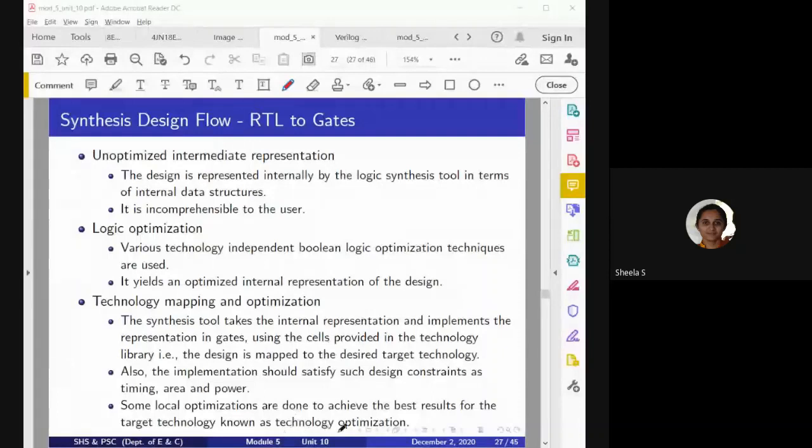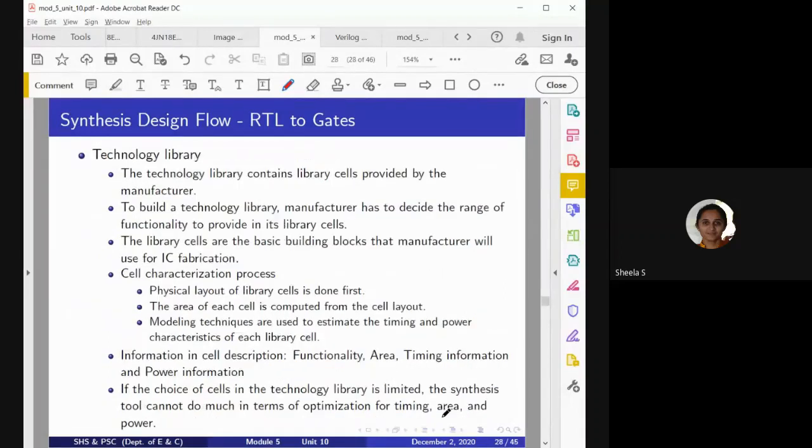That is known as technology optimization, and this belongs to a particular vendor. For example, if I consider a vendor by name XYZ, he will define a library, and the synthesis tool will use the library given by the XYZ vendor, and according to that, it will further optimize the circuit, and then it will be considered for the next operation. So that is what we are going to consider.